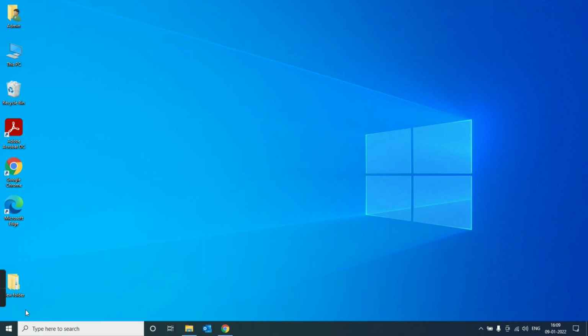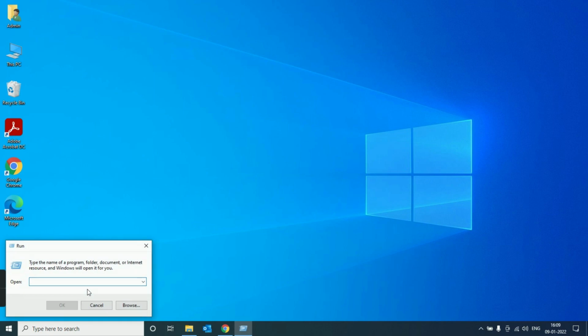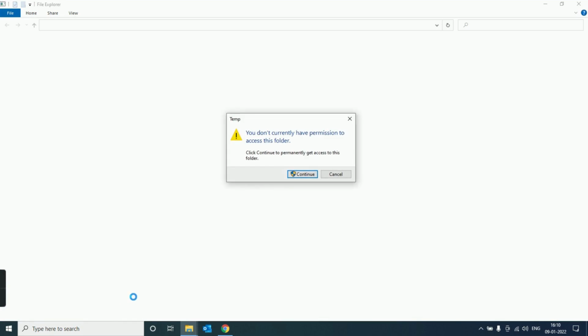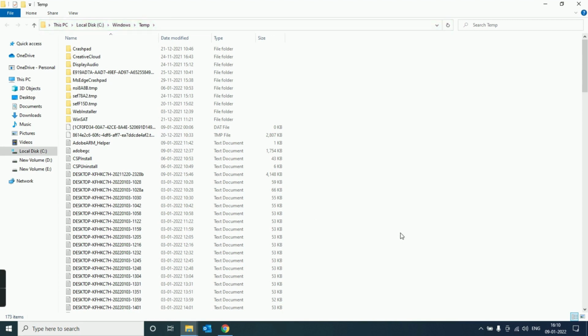First of all, go to the start menu, right click on start menu, open the run command box, click on run, then type temp and click on OK button, then click continue. Select all temporary files